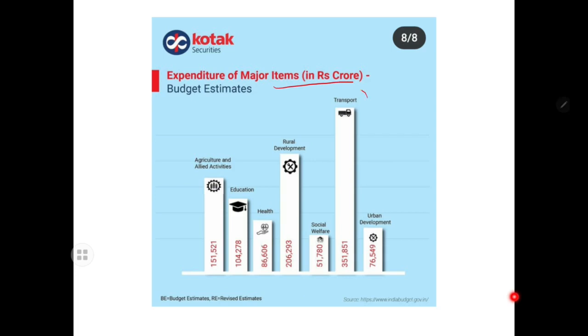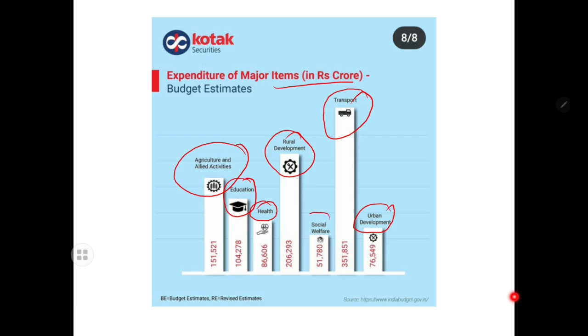Our major spending is on transport, second on agriculture and allied activities, then rural development, education, health, urban development, social welfare. Maximum spending is on transport first, second on rural development, third is agriculture and allied activities, the least is social